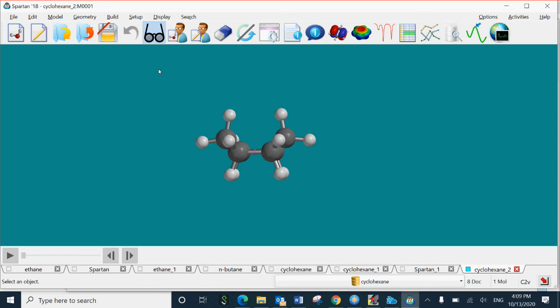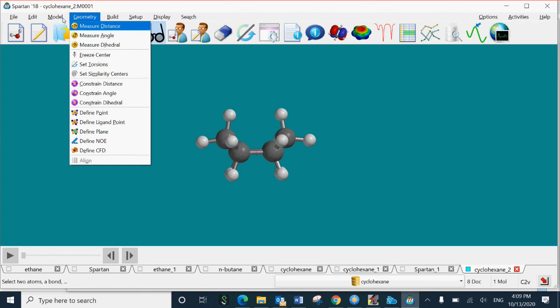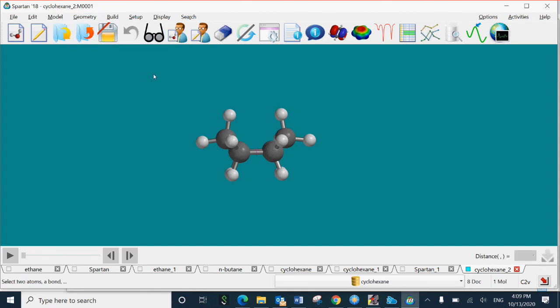Now in this case also, first you orient to boat form and then find the distance between these two. You go to geometry, measure distance, click on the one pole hydrogen and the second hydrogen. So the distance is shown here. So record this value in Angstrom units. So to get this distance, you need to orient to the boat form.